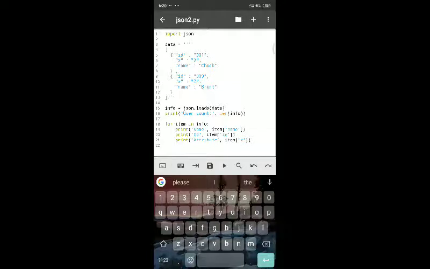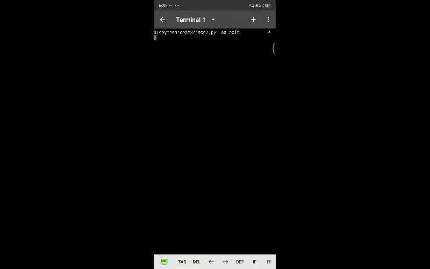It traces the first dictionary element of the list and prints name, id and attribute as item of name, item of id, item of x. So total users are 2 and the respective information about each user is displayed: name, ID, attribute for the first user, and name, ID, attribute for the second user.